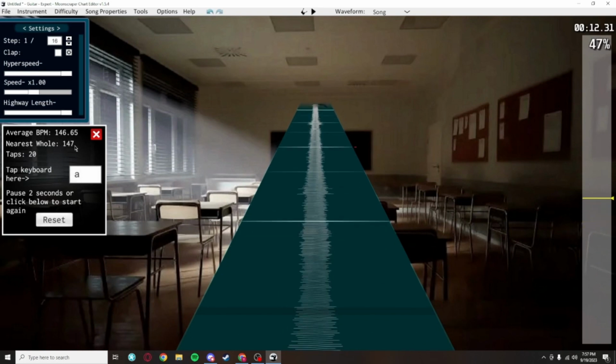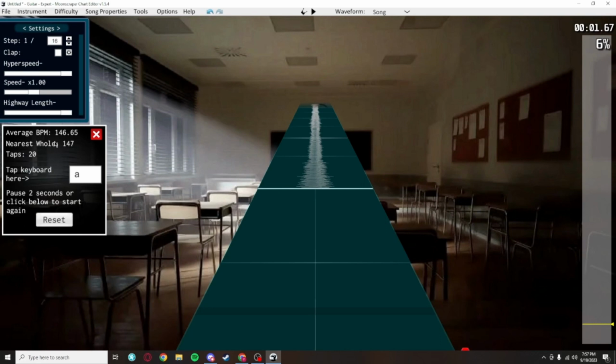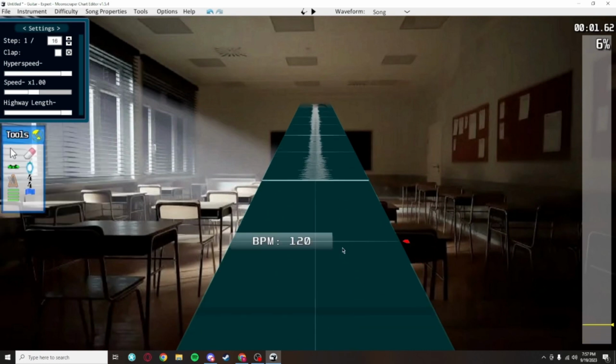So it says about 147, maybe it's 146.5. Sometimes they can be decimals like that. And realize that the more times you tap, or the longer that you keep on doing this, the more accurate it's going to get because it has more data to go off of to make this number. So what you're going to do is go to the very beginning of the wave file right